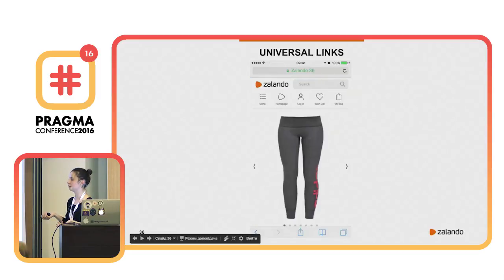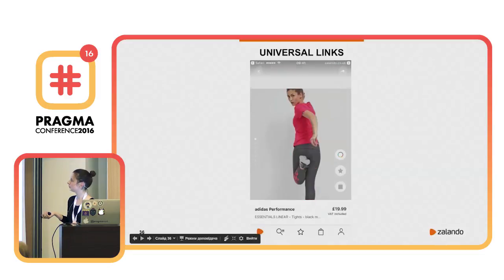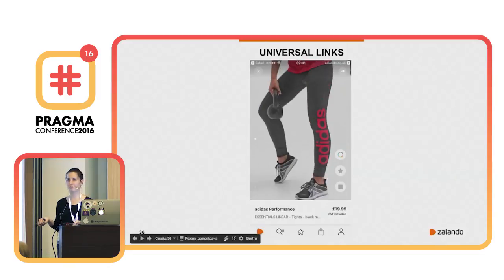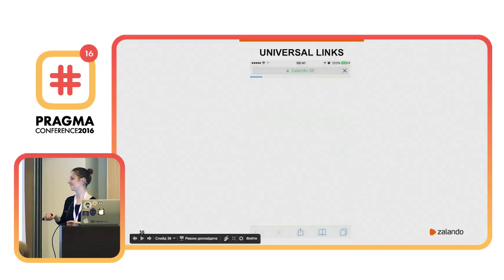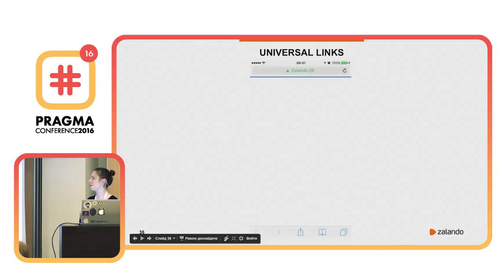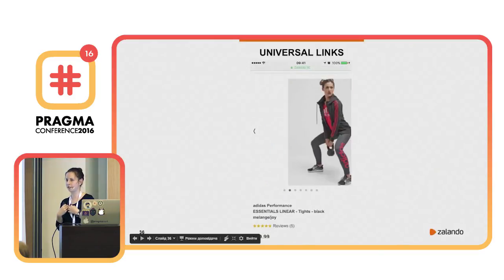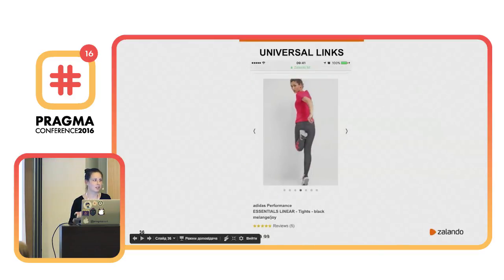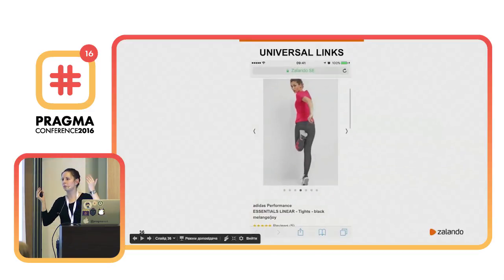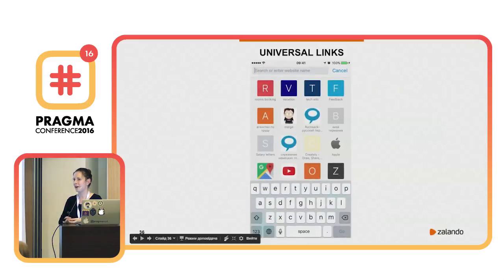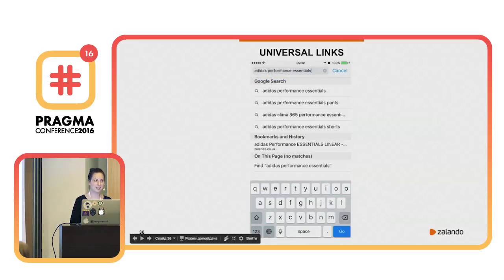I went to the website. Why? Doesn't it work anymore? What happened? Because you tapped before you tapped the Zalando. Yeah, exactly. As a user, I decided to come back to the website, but I have no idea that it memorized my last choice, and then next time, like in one month, when I want to do the same, I will go to the website instead of the application.